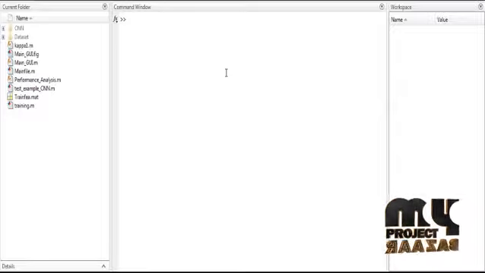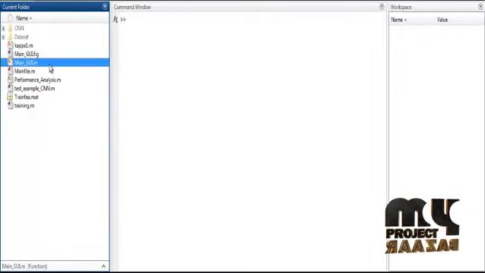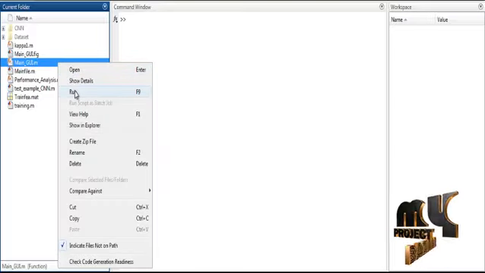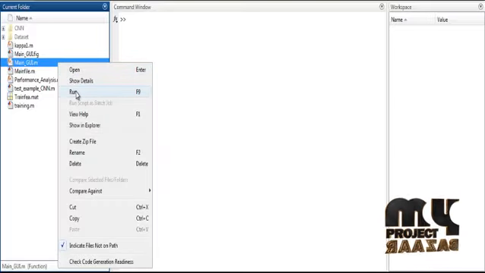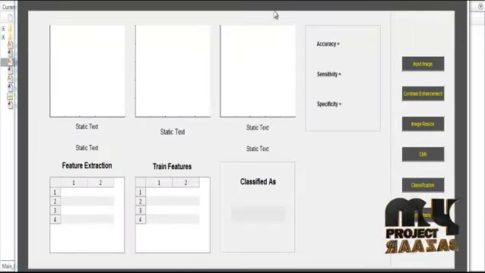Now we are going to discuss the initial running procedure for the process. At first, open MATLAB 2015B and change the current directory. If you want to execute the code, just right click on main_gui.m and select the option run. Now the initial GUI is open.